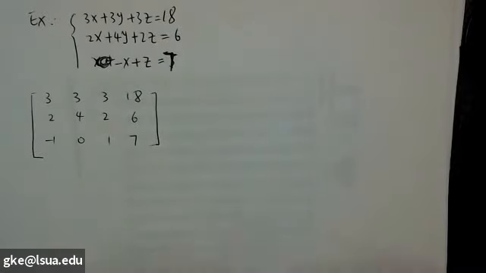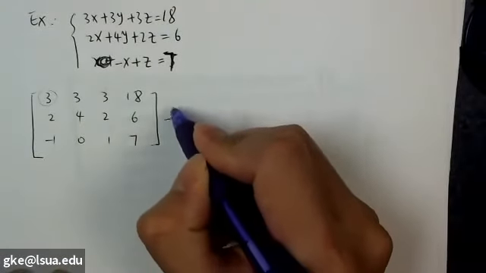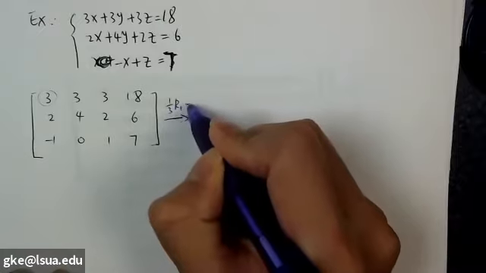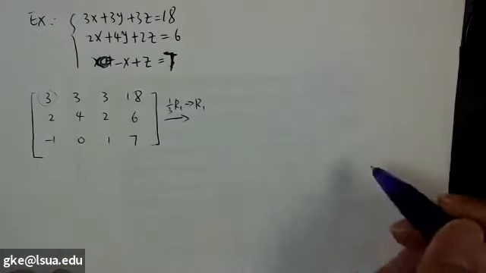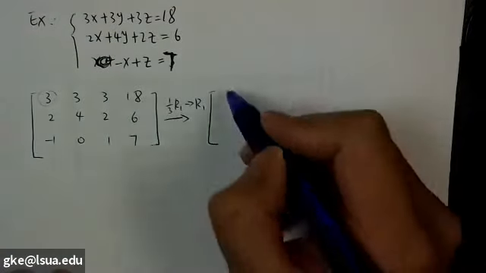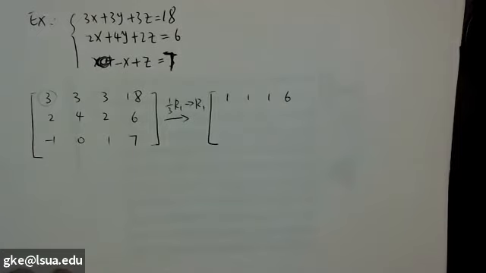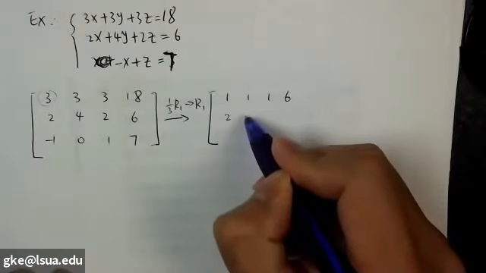Now we always want to keep the diagonal equals 1, right? For this guy, we just divide by 1/3. Right? And we have divide by 1/3. And this guy will be